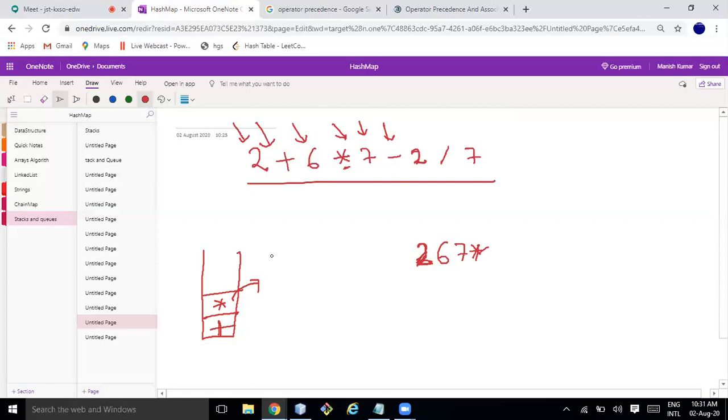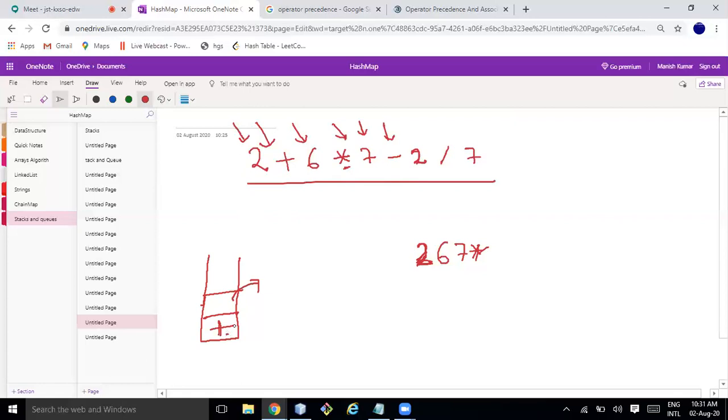Then what element is next in the stack? Here we have minus and plus.